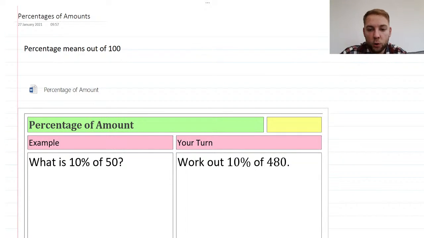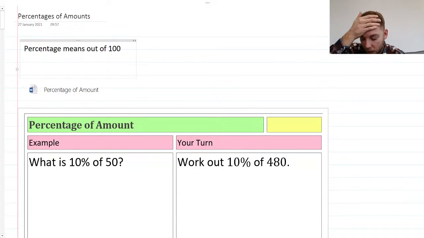Percentage means out of 100. Now, just thinking forward to a lot of the trickier questions in higher. So, write this down for me, the important